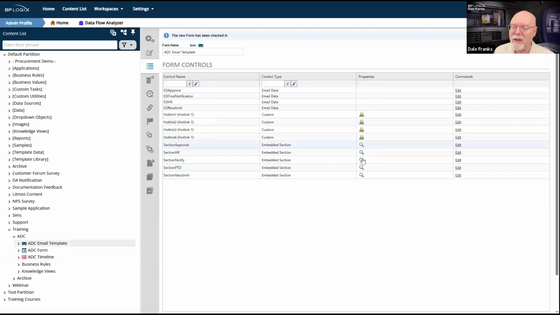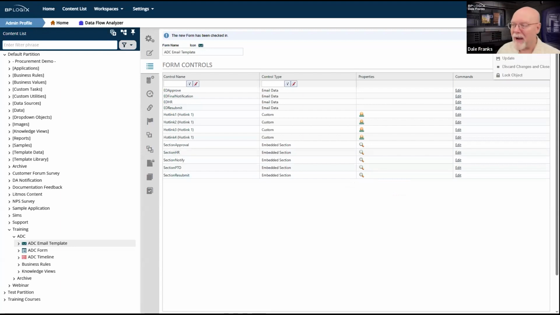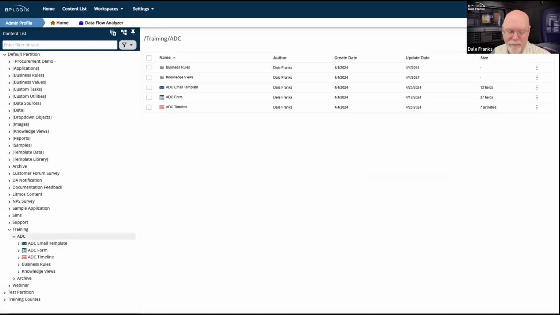I would need to change these conditions to whatever they needed to be to make them mutually exclusive to work if I had a different architecture in terms of my critical path in my process timeline. So you need to keep that in mind. This is just an example. Different architectures are going to require different conditions. And as I always say, conditions are hard. But I think we have an email template that works.